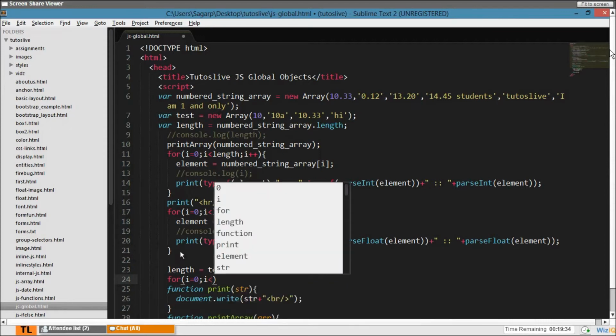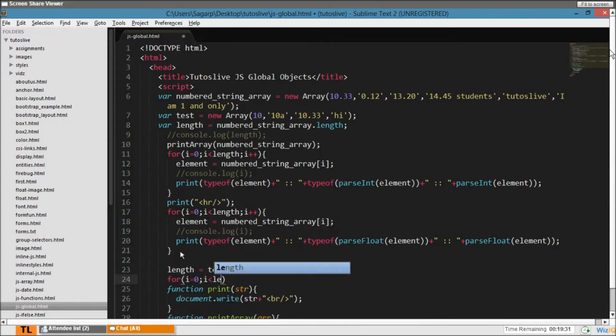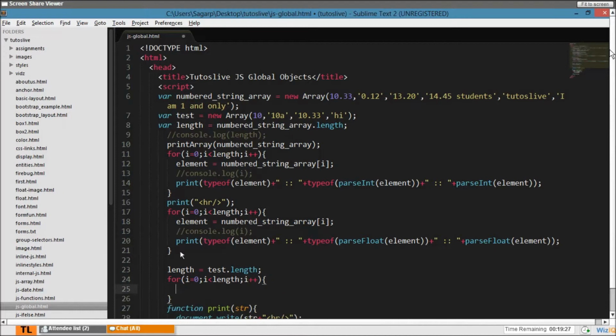Here what I check is if not of isNaN of test of i, then document dot write, or sorry, print